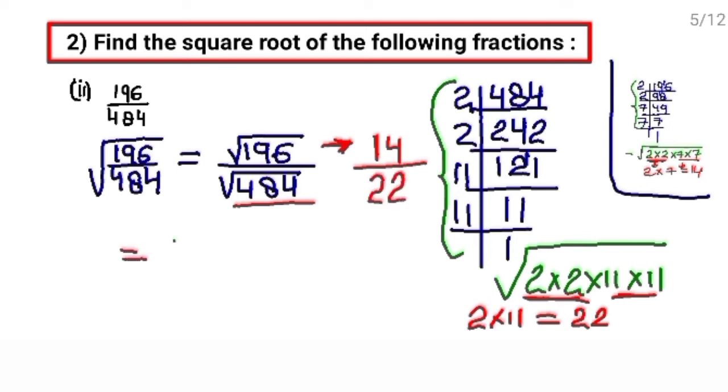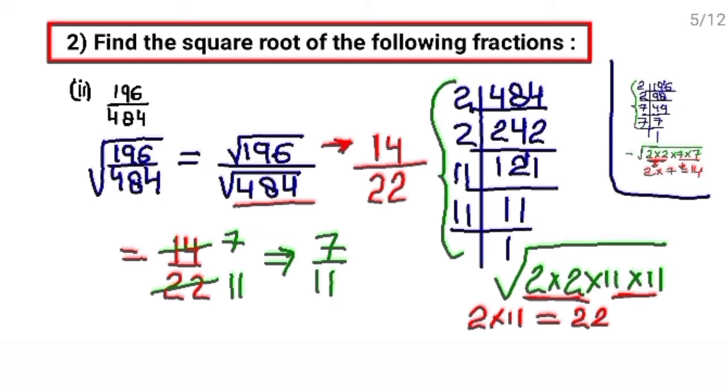So this is 14 upon 22. Now if you have observed, the upper value and the lower value are both divisible by 2. In fractions you have studied, if the numerator and denominator are both divisible by the same number, you can reduce that fraction. You can reduce that fraction. So cut it. 2 7s are 14, 2 1s are 2, 2 1s are 2. So what is your final answer? The final answer is 7 upon 11. This is your answer, right?